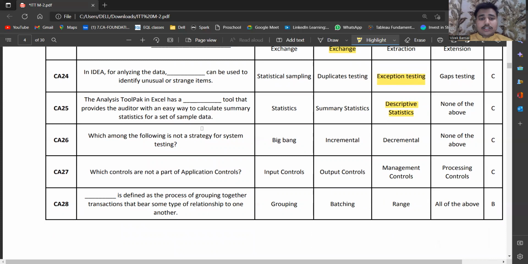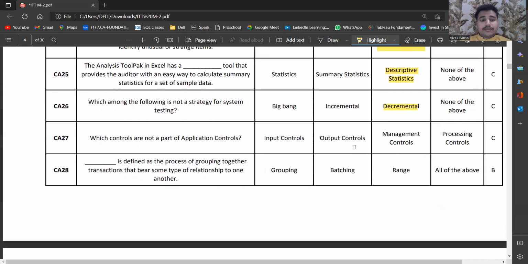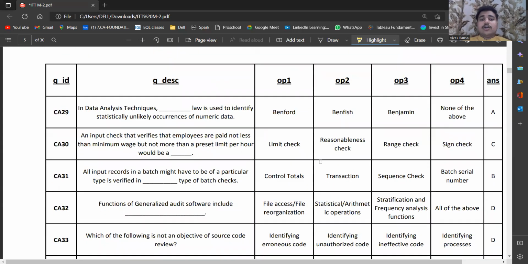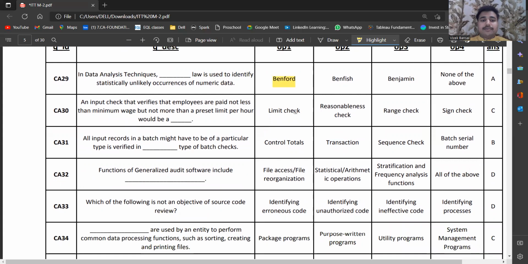Which of the following is not a strategy for system testing? Decremental. Which of the following is not a part of application control? Management control. Dash is defined as a process of grouping together transactions that bear some type of relationship to one another. Batching. In data analytics techniques, dash law is used to identify the statistically unlikely occurrence of numeric data. Benford. An input check that verifies that employees are paid not less than minimum wages but not above the threshold limit per hour would be